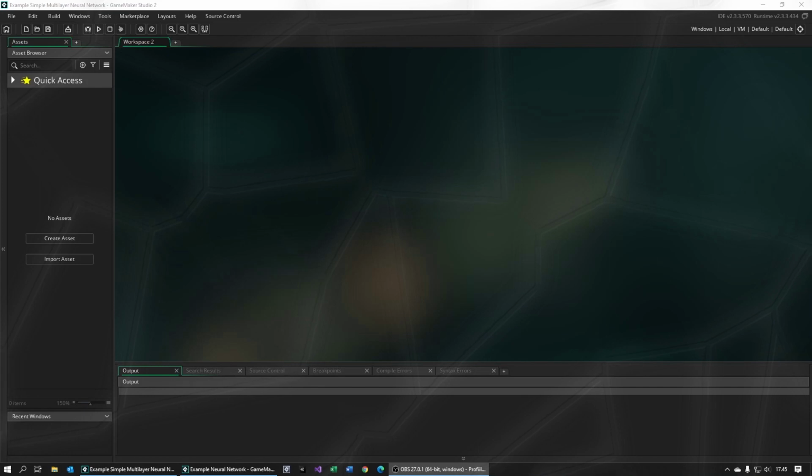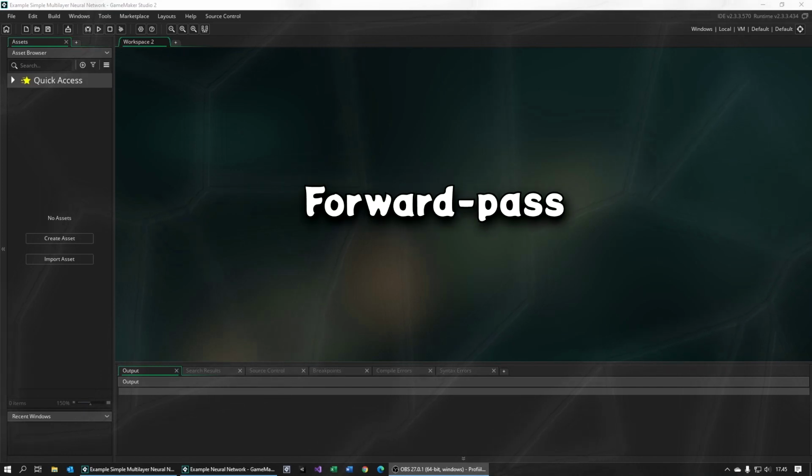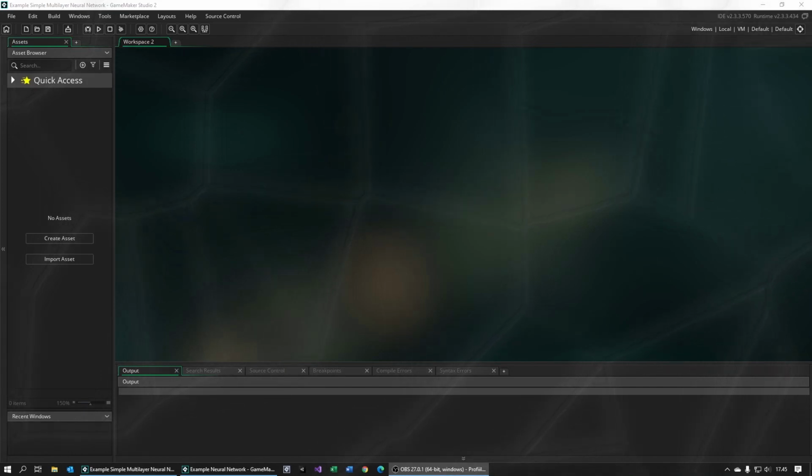But anyway, we will start by making the forward pass, which is used to make predictions. For this, we need to create, store and modify information. After this video, we will have a network which can take an input signal and propagate it through the network to give a result. But because the network is not trained, these results will be random. In the next video, we will do the backward pass, which is used for training.